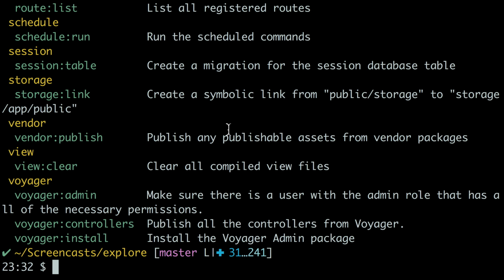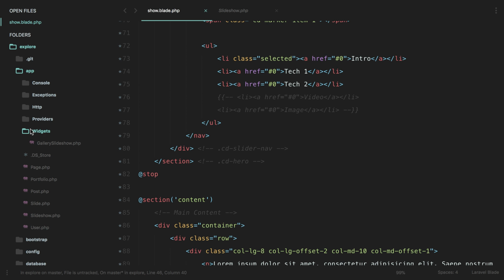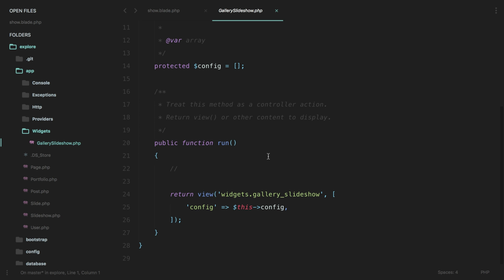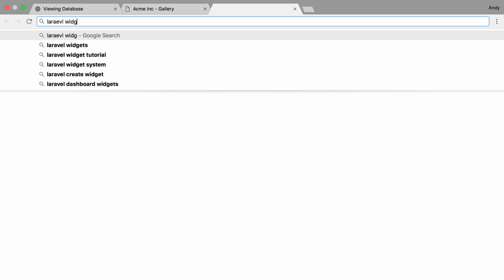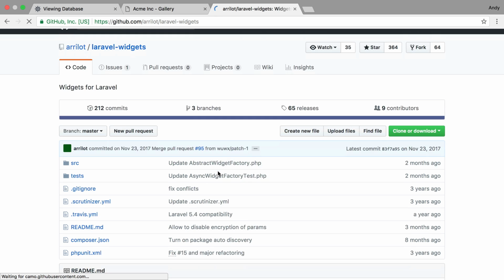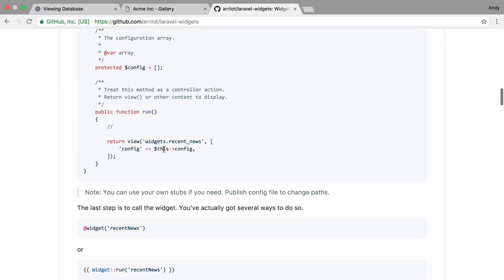and maybe if there's questions, maybe I can go over different ways to approach it. So let's see, we got artisan make widget, and we're going to say gallery slideshow, let's say. Okay, so that created this widgets folder and created this gallery slideshow widget. So basically, Voyager uses a package, it kind of bundles it with Voyager. It's actually this one. So this is basically what we're using to create this widget, and this allows us to create,